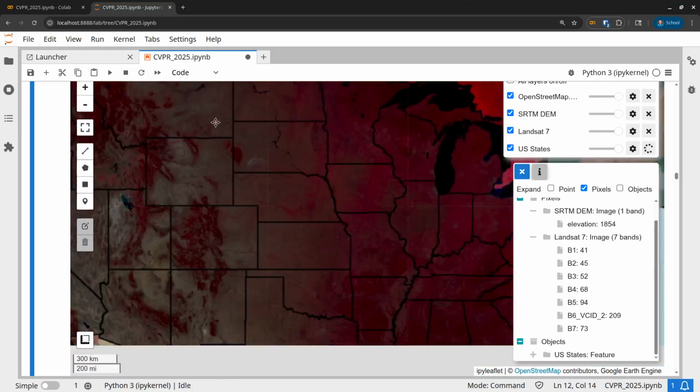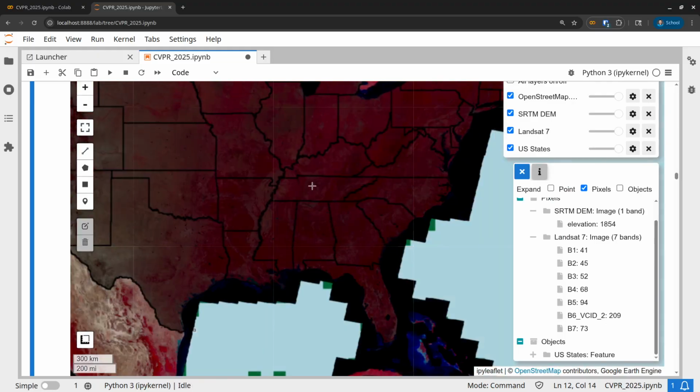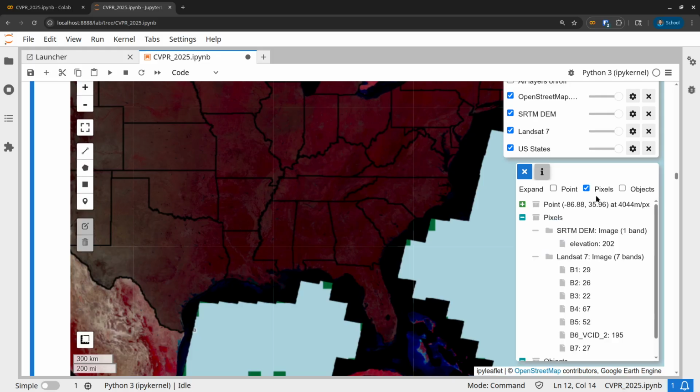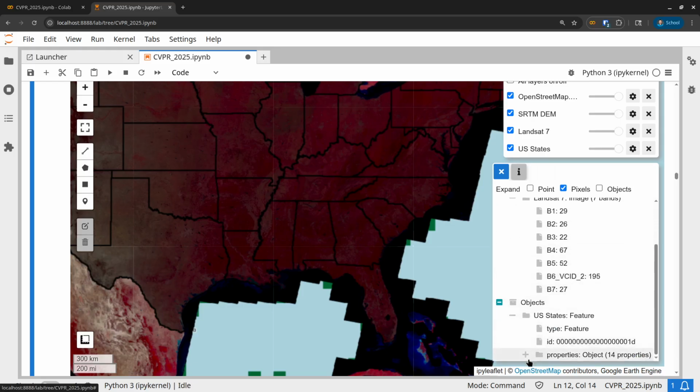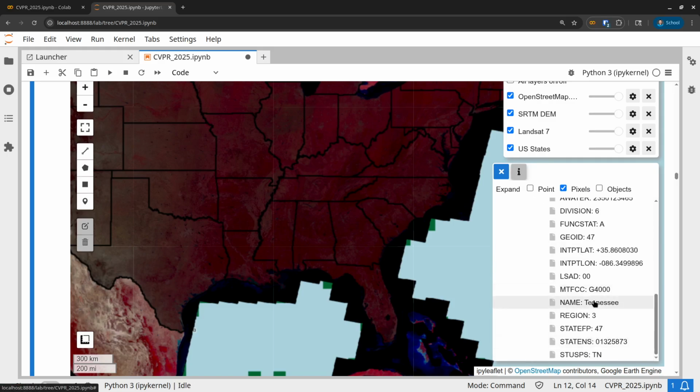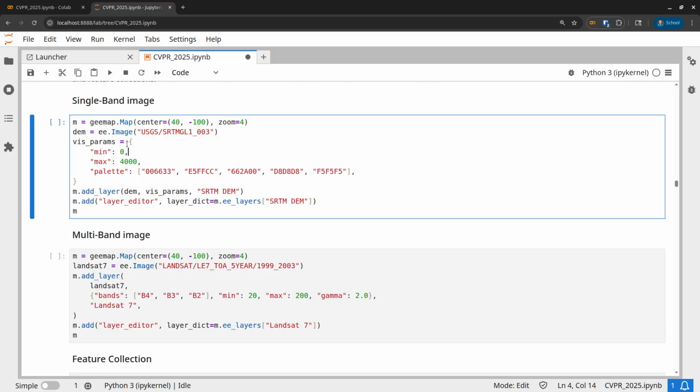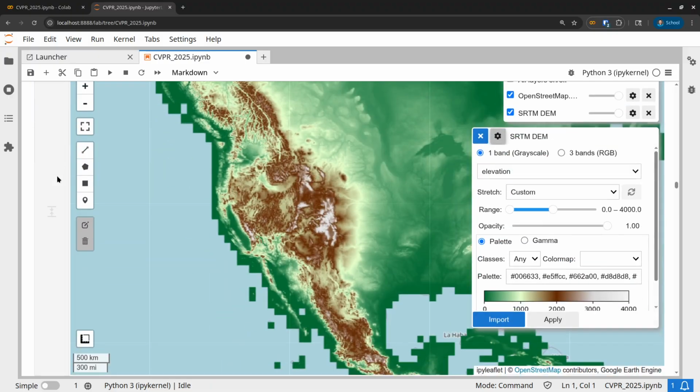For example, let's say I click the map, my mouse on Tennessee, right? It's going to tell you that at this mouse click location, the elevation is 202 meters, and these are all the pixel values, and also you can see the polygon that I clicked, right? So it's indeed Tennessee. It allows you to query the data. It's not just for, okay, this looks nice, but sometimes you might want the raw data that you are seeing, and Geemap allows you to do that easily,